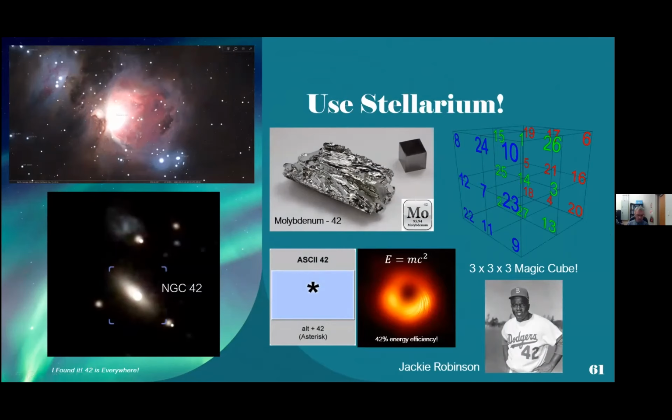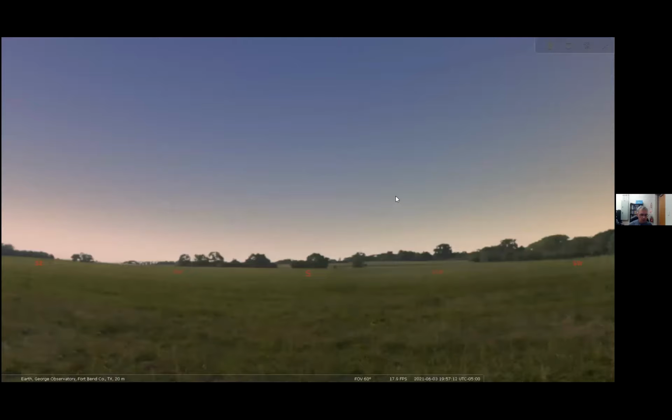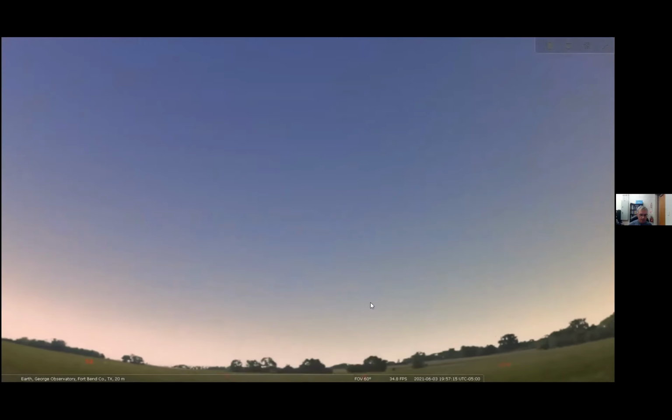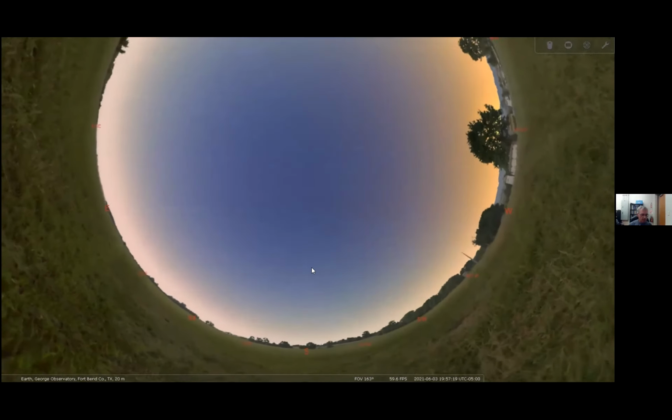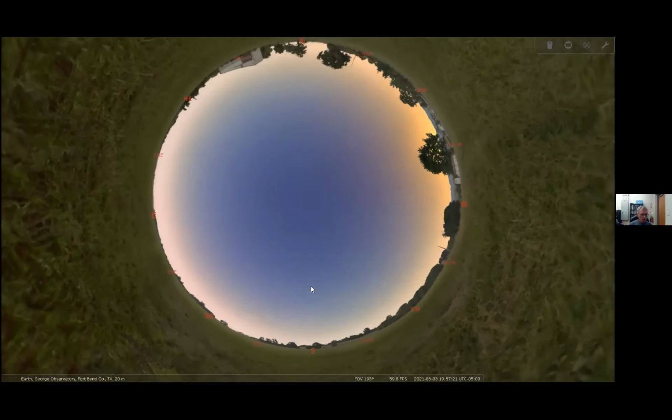So that's my presentation. If we have a few minutes while I'm answering questions, I perhaps can show you the Stellarium program. So let's see if I can share that. So does everyone see the Stellarium program? Certainly, yes. Okay, so there's the Stellarium program itself. So right here, I can just